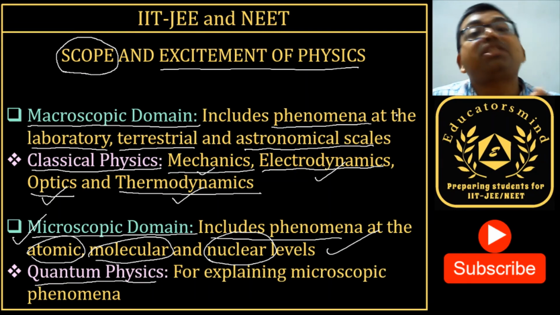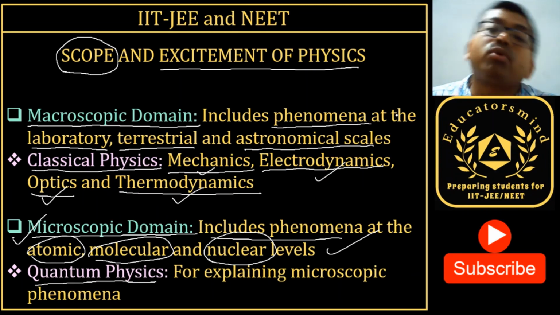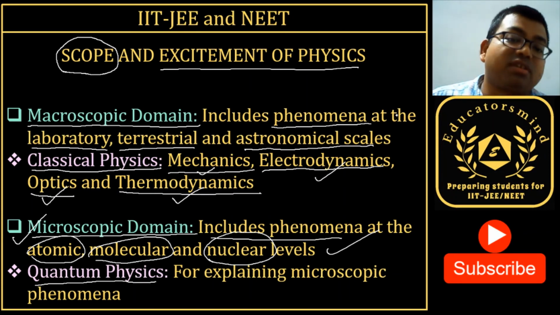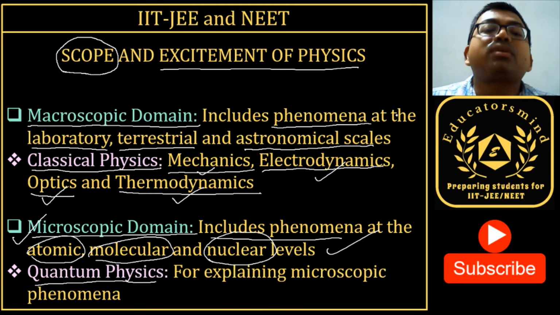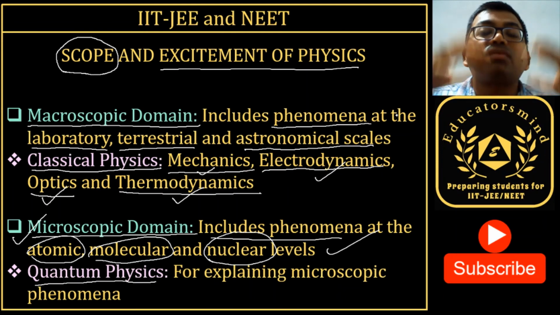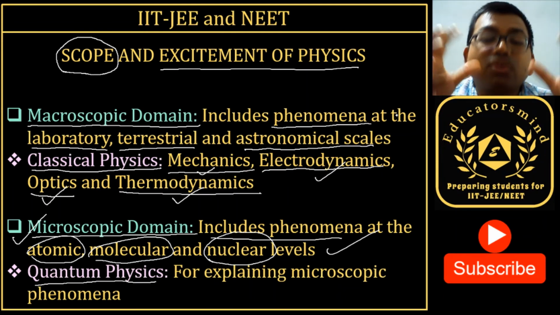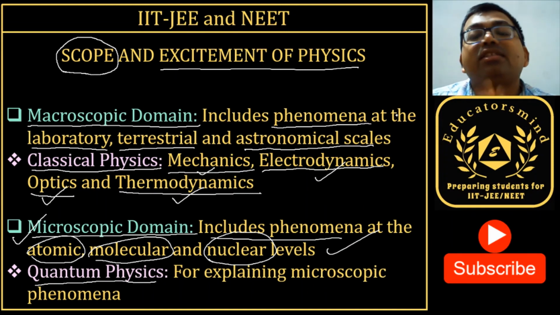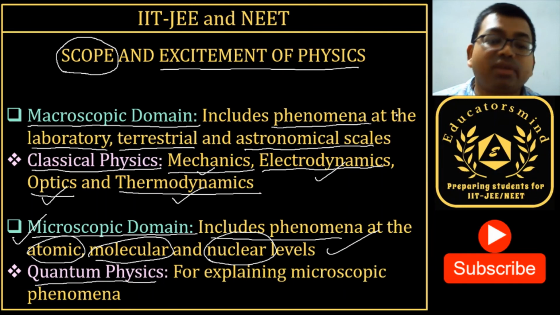That same principle that we studied in the last class, we are going to use both phenomena, unification and reduction. Macroscopic means you can say unification, you are unifying everything and trying to explain that, and microscopic means you are going to a very small level and trying to explain that. That is called the reduction process.